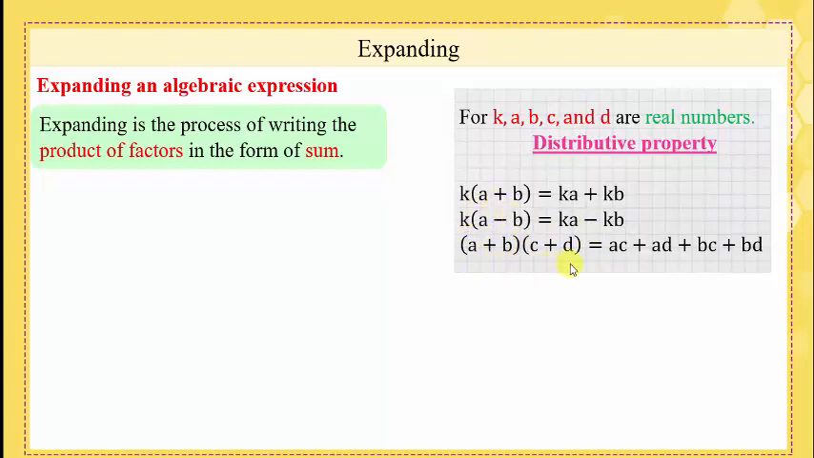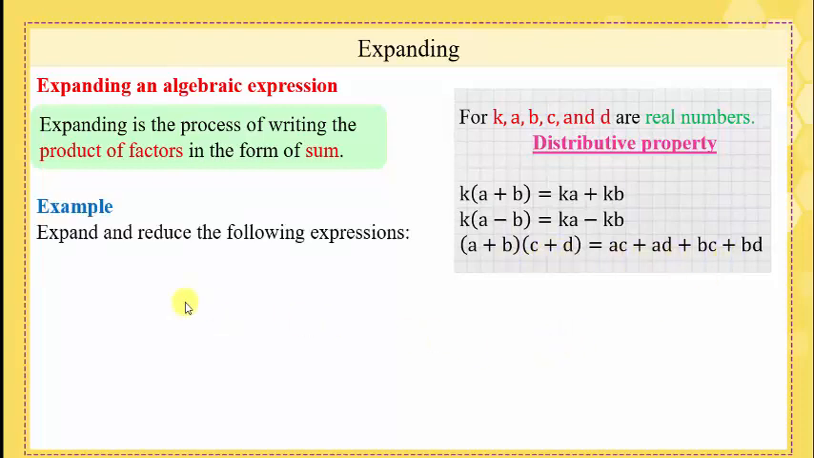(A plus B) into (C plus D). We multiply A by C and A by D, then B by C and B by D to get AC plus AD plus BC plus BD. Example: expand and reduce the following expressions. The first example is minus 2x into (x minus 5) equals. We multiply minus 2x by x to get minus 2x squared, and then minus 2x by minus 5 to get